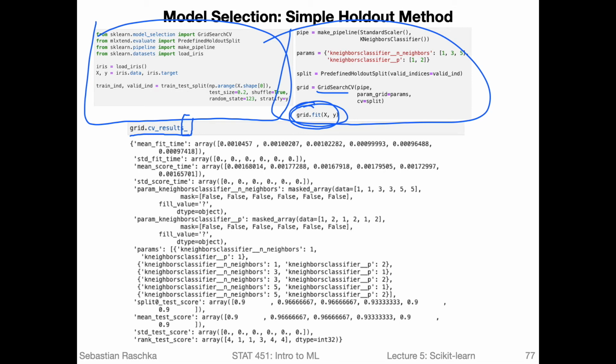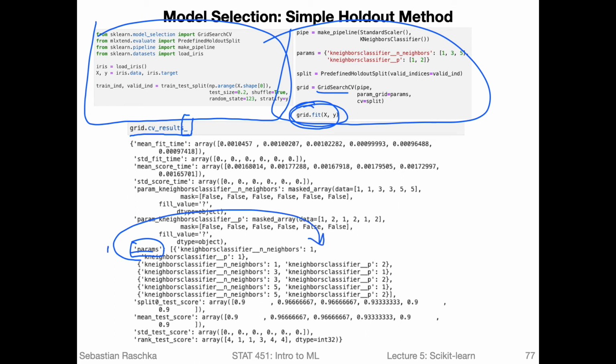And the results contain a lot of information, and not all of that is always useful. I mean, it's always nice to have as much information as possible, but what we usually care about is the parameters and the associated scores. So here we have something called params, which are just the different hyperparameter combinations. It's a little bit unfortunate. This would be better on this line. It would be easier to see then.